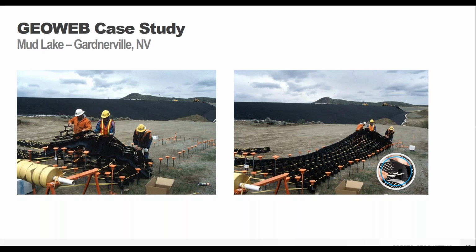So that tendon and Atra tendon clip, which is our little load transfer device that I talked about, was the anchorage solution. One of the cool things about it is that you can assemble all of this with the GeoWeb panel and the tendon and all of the clips off-site, so you don't have to do it on the slope. You can do it on a nice staging area like this. It really minimizes the amount of time that the contractor has to spend on the slope. So that's going to increase your speed, it's going to be a lot safer, and it's just going to make things a lot easier to pre-assemble everything like this.